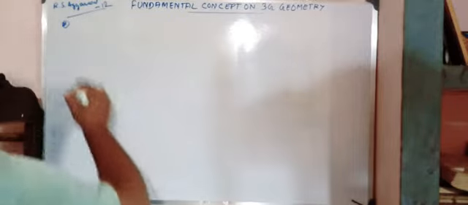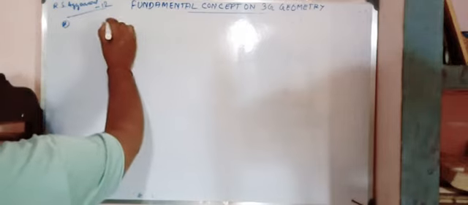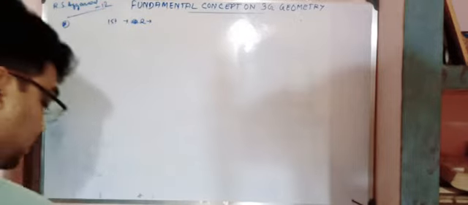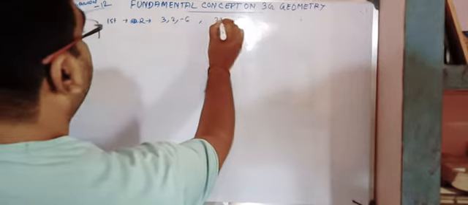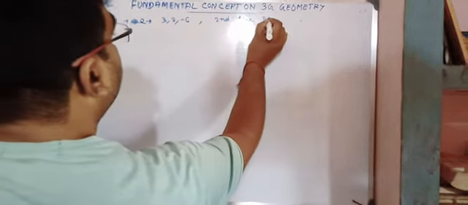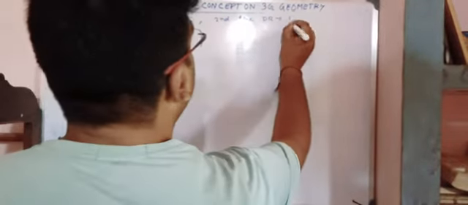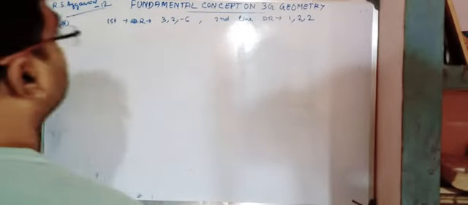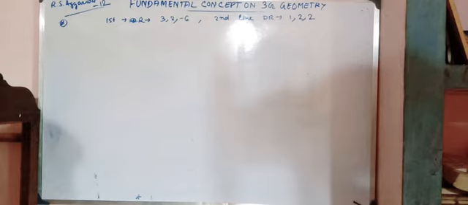Again, one more question. It is given here, angle between the lines whose direction ratios. For the first line the direction ratio is given, 3, 2, minus 6, and for the second line the direction ratio is given, 1, 2, 2. So we have to find the angle between these two lines. So for that we have to compute the direction cosine of them.